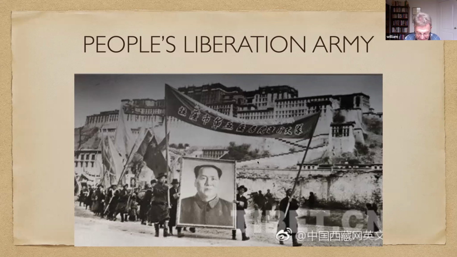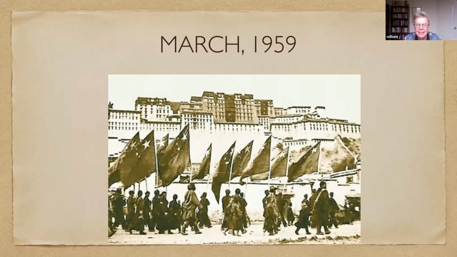In 1956, militias, now this is important, local Tibetan militias infiltrated to some degree by Chinese who'd been brought in to Tibet during this interim period, began to fight against the Tibetan government troops. Now, Tibet did not have much of an army. So they come in March of 1959.